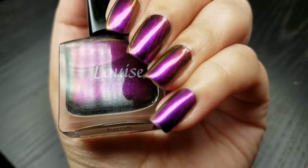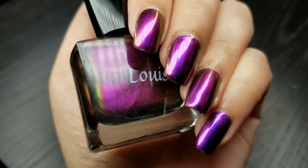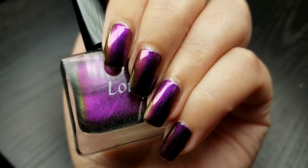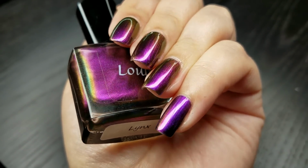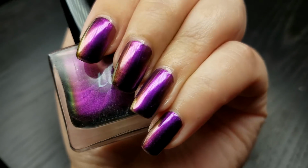It stays within that same color family most of the time. Kind of like the first one, Fornax, where it stays in the same color family between the purple and the blue. This one stays within the purple and the pink, around that same color range. However, you will see the green at extreme angles with the help of special lighting, but most of the